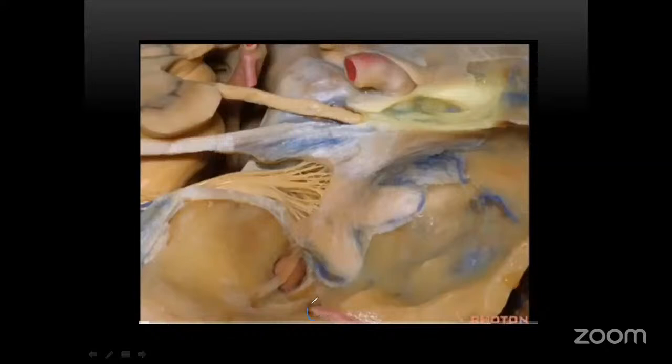What is this structure? Middle meningeal artery. I told you that you can feel until the exposure of the middle meningeal artery and the greater petrosal nerve. When we have reached these two structures and they are visible,